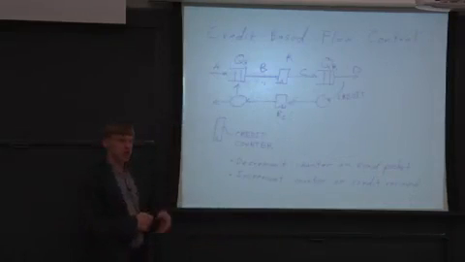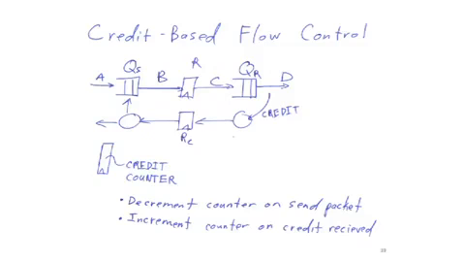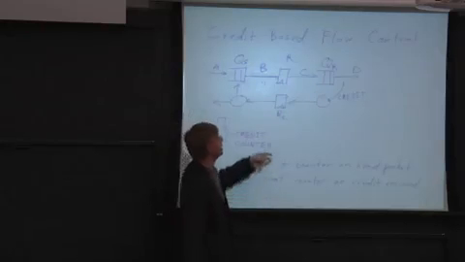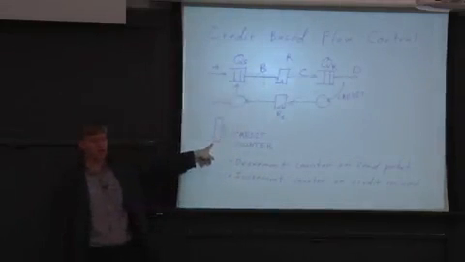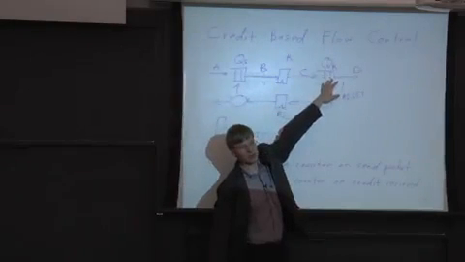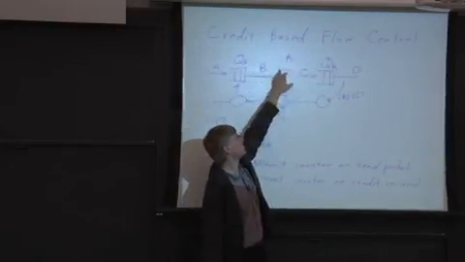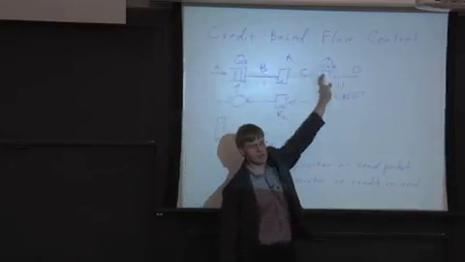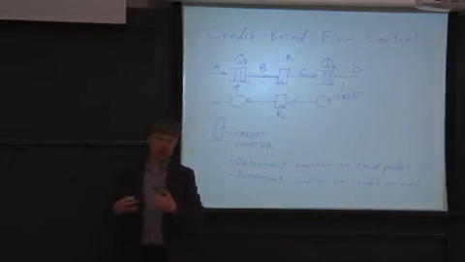So this brings us to the end of what we were talking about last time, which was credit-based flow control. And in credit-based flow control, instead of having a stop signal or an on-off flow control signal coming back, or a stall signal, instead, you keep a counter at the sender side, which keeps track of how many entries there are over here in the receiver side. And this register here doesn't get counted. It's the endpoint FIFO space that will back up and data can be stored into.